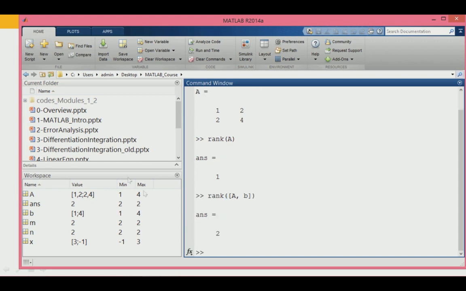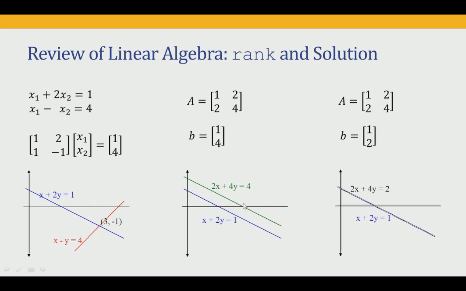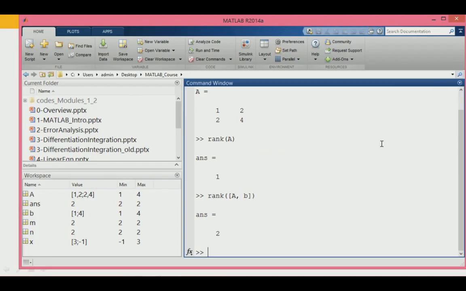and the rank of matrix [A, B] equal to 2, which means that the rank of [A, B] is not the same as rank of A. So, we are going to have 0 solutions, that is this particular case. Now, let us change B to 1 2,